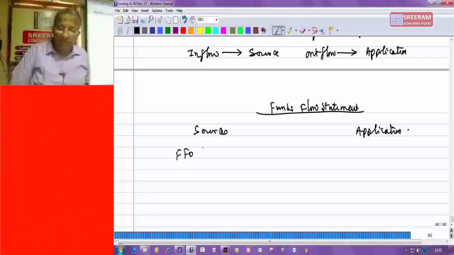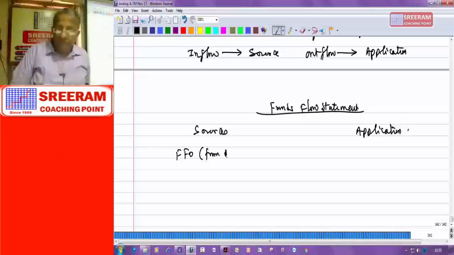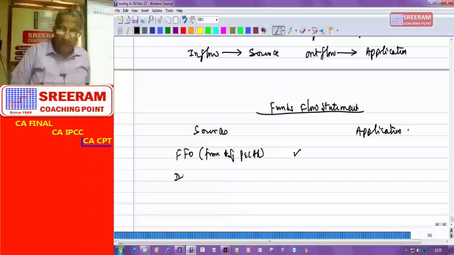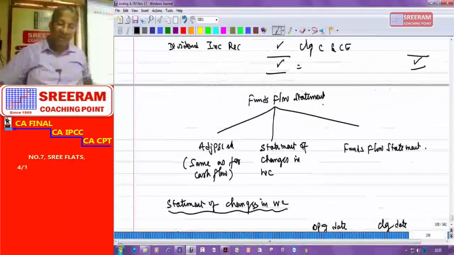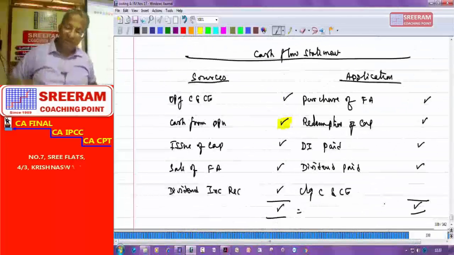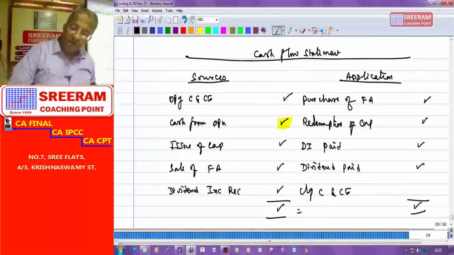Funds from operation from adjusted P&L account. Decrease in working capital if any. Increase in working capital if any on the application side. So whatever items that we have seen in the case of here,